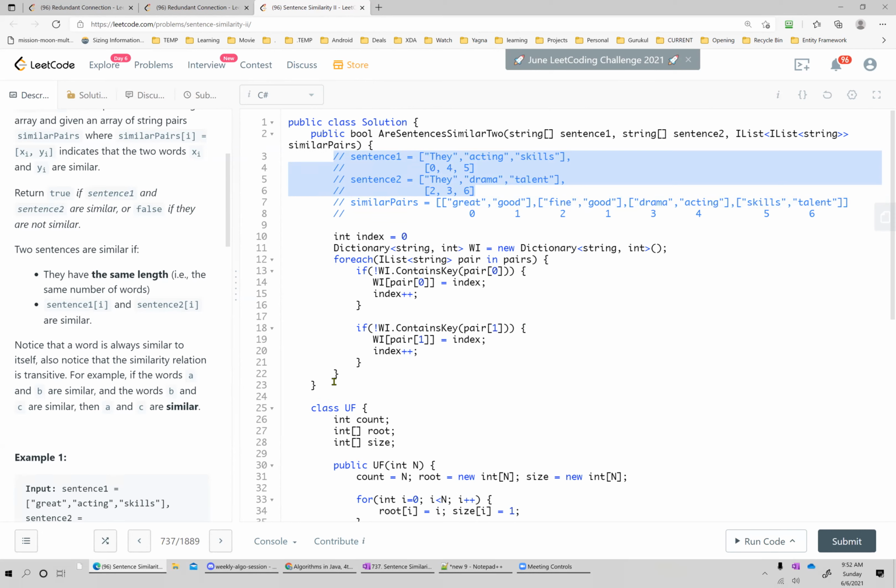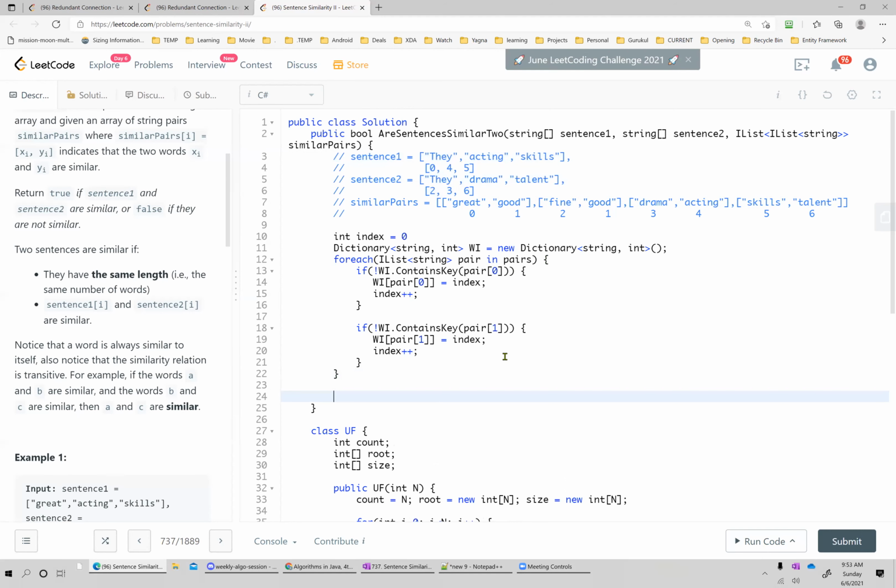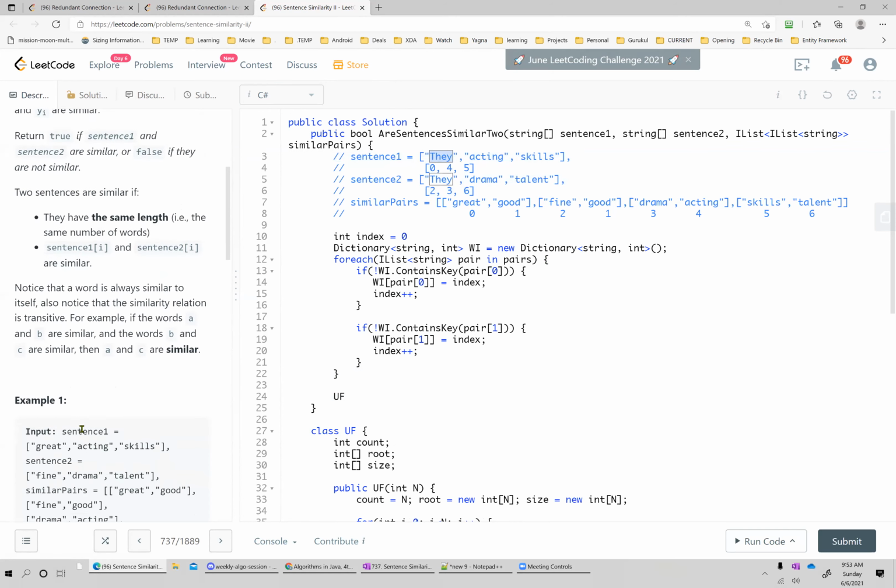Yeah, right. And as always, I want to do union find. So my idea is that I'm going to take each word from both sentences and try to see if they are similar, and that's the whole thing I'm going to do.